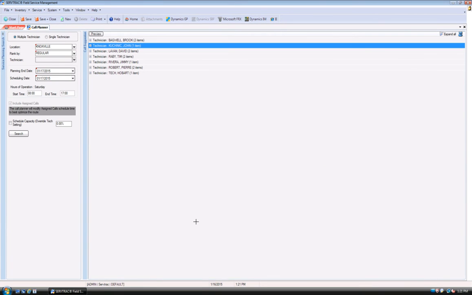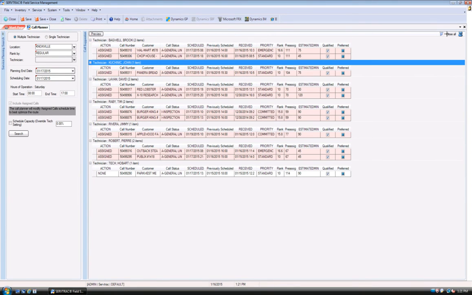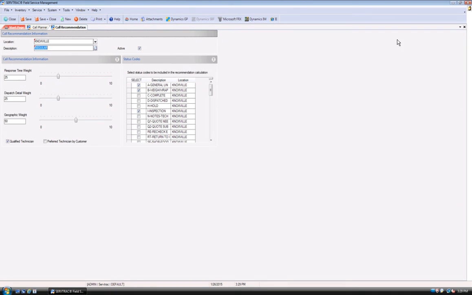The second option is Call Planner, which considers all calls for a particular day and returns a suggested schedule for that day. Call Planner uses an algorithm to assign calls based on geographic location, customer SLA, and technician skill set to suggest a schedule. Customized planning models may be defined to place ranking weights on 3 different categories: geographic, SLA,